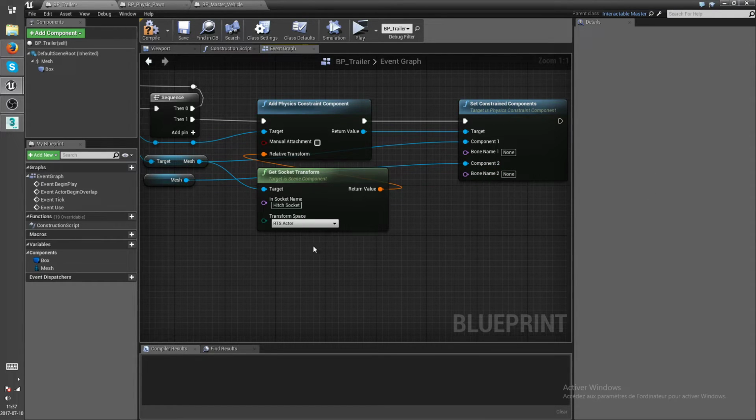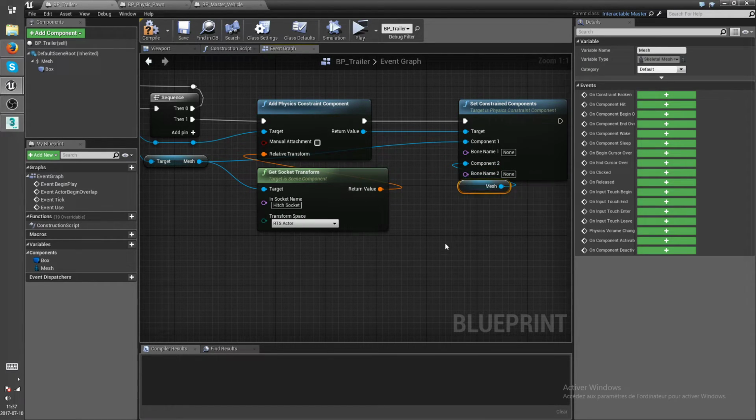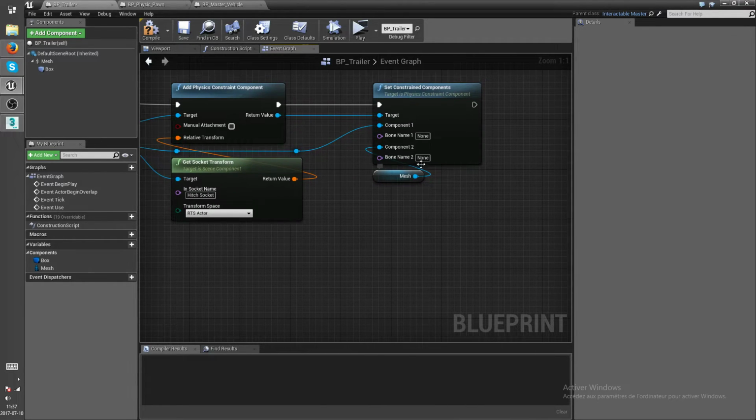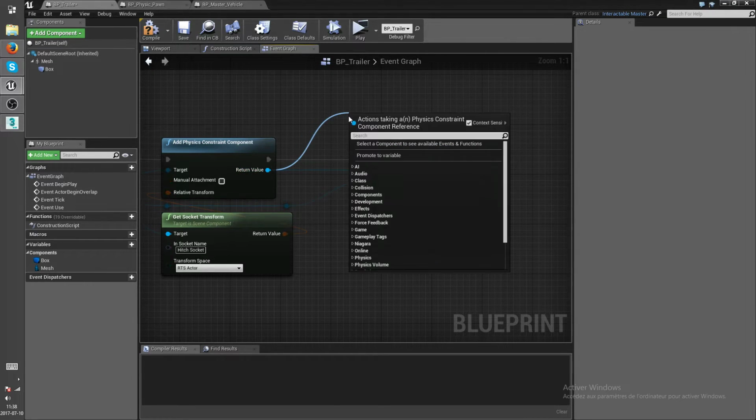Component 2 is... so that'll be attach socket, and that'll be hitch socket, hopefully, and then